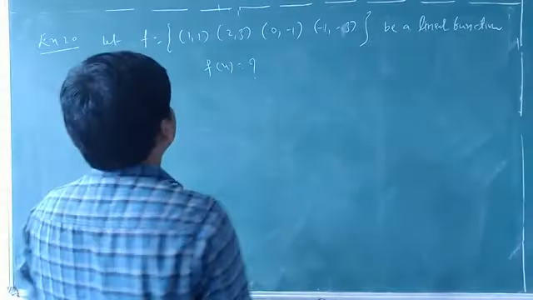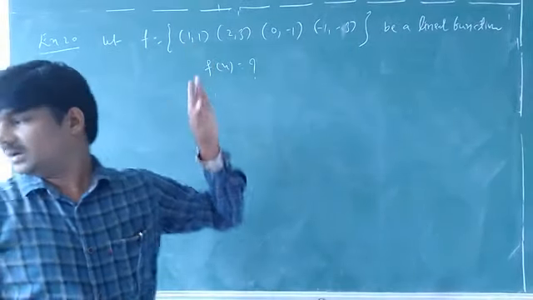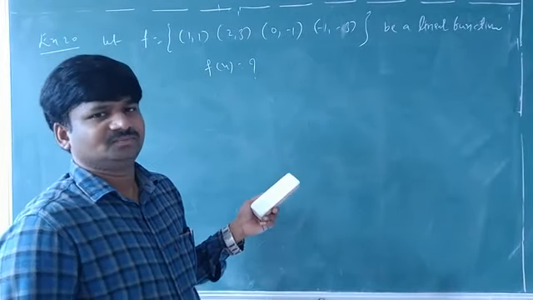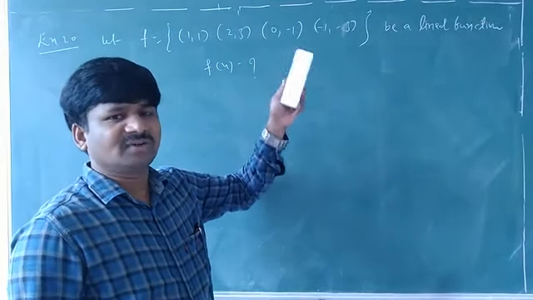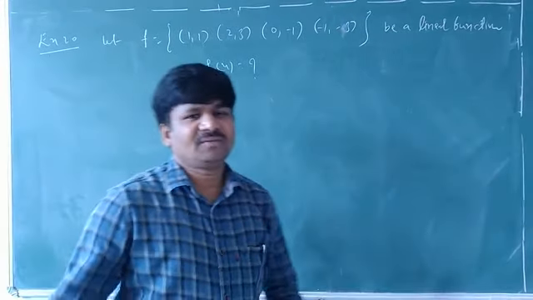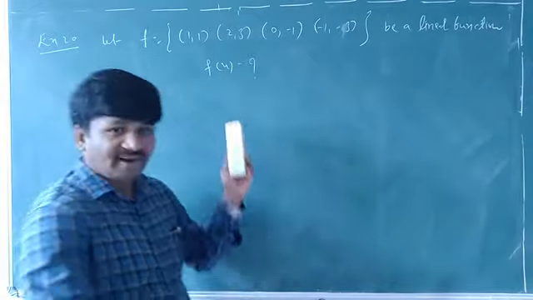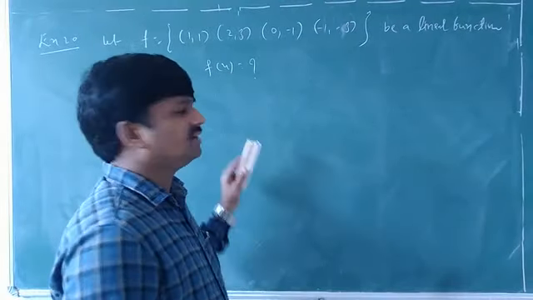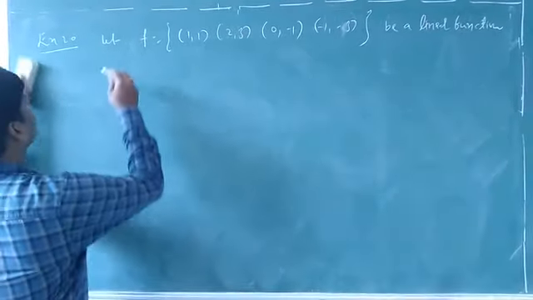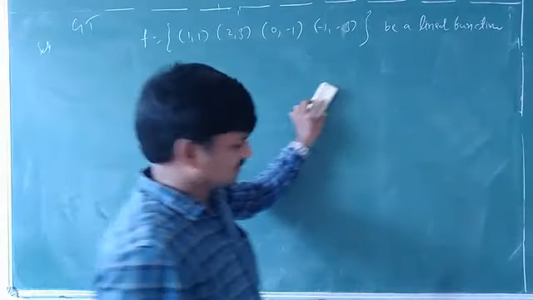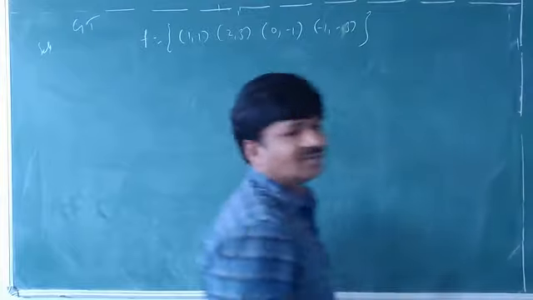That means what is given here? f is a function, a function from Z to Z, which is a linear function. Then find f(x). Then find that linear function. We have to find the linear function. Yes, so just observe here. It is given that it is a function. Given a function, right? So which function is a linear function?